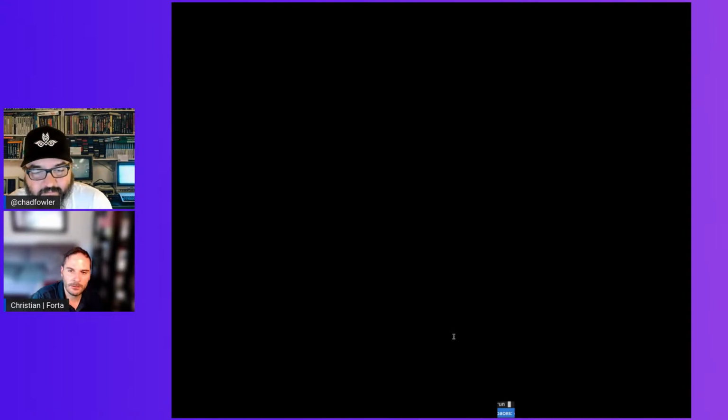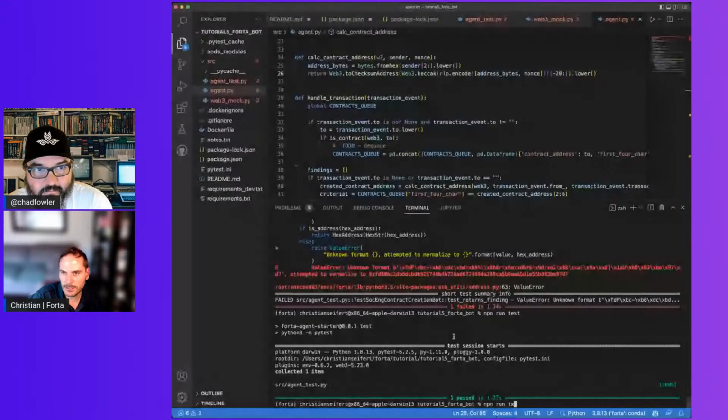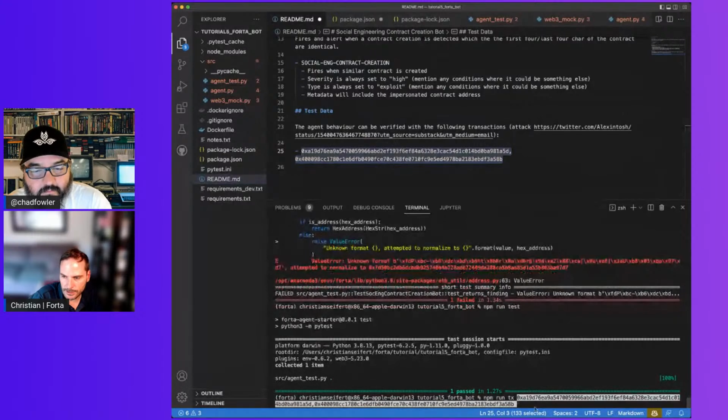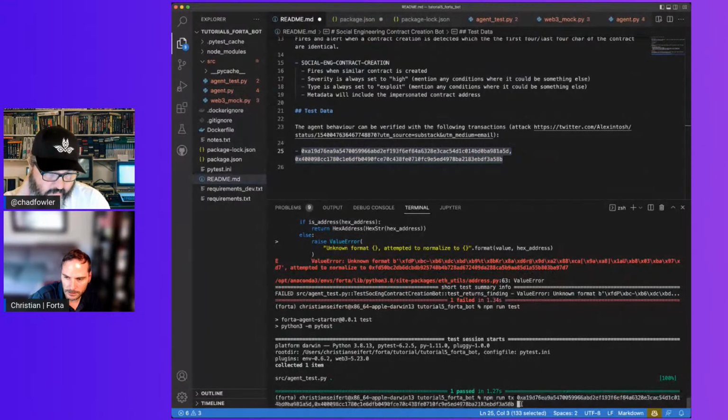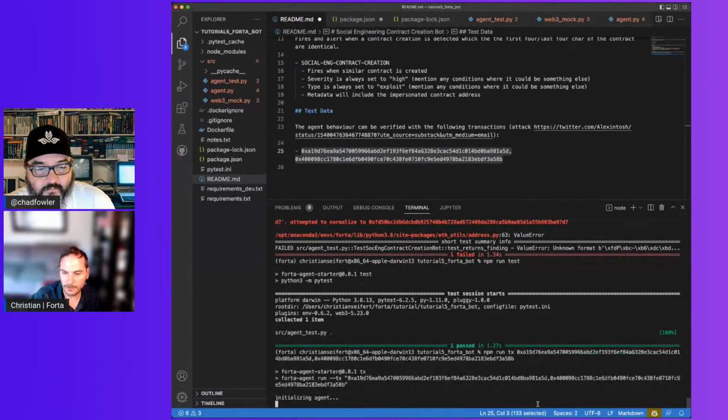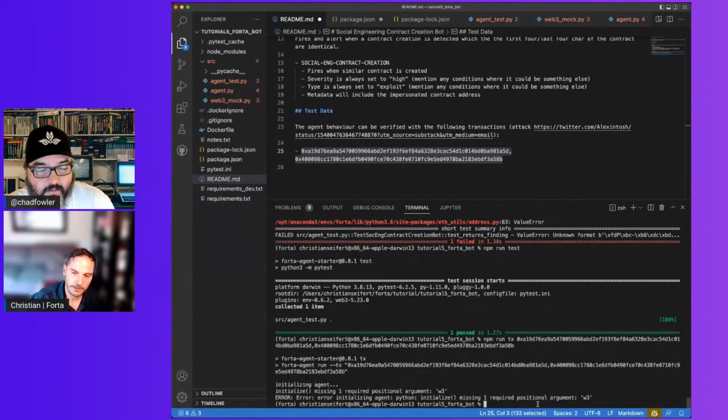let's run it on the two transactions, our test transactions. So the first transaction is essentially the transaction where the user interacts with a legitimate contract. And then the second transaction is the attacker transaction where they create the contract that looks similar to that. And so that should then emit a finding. Oh,